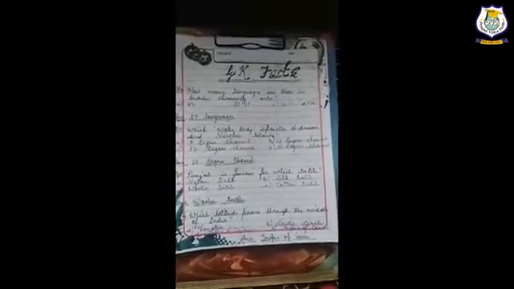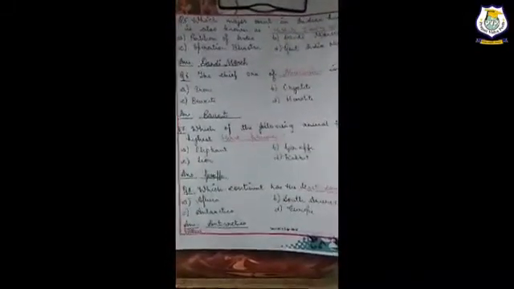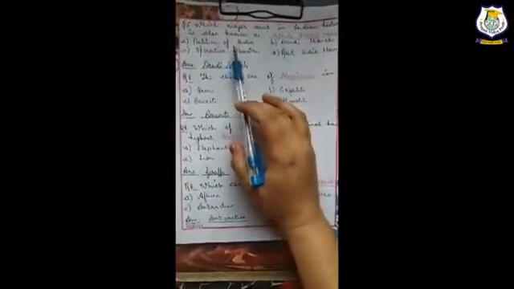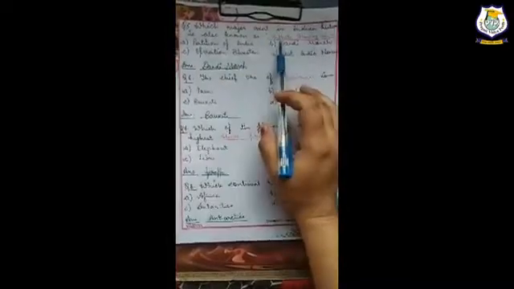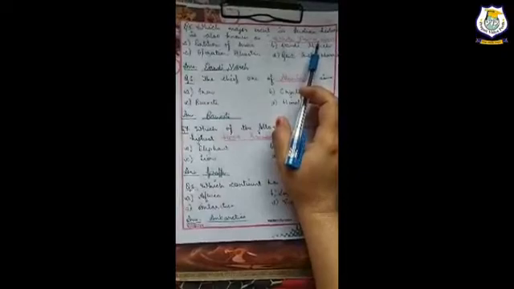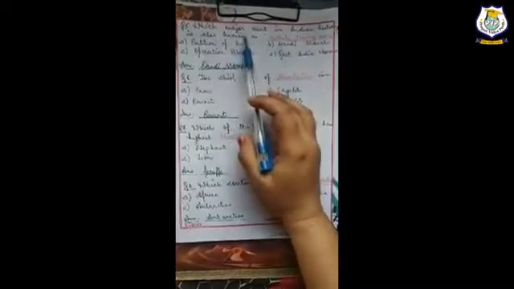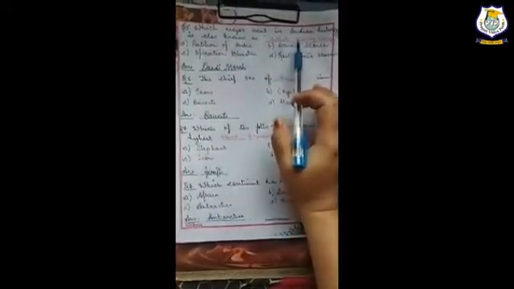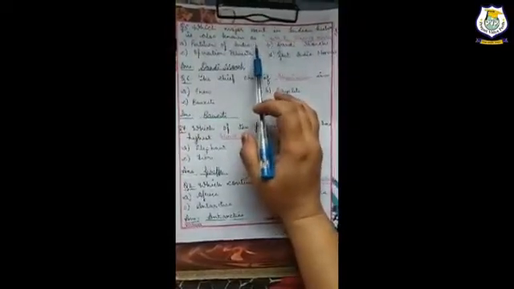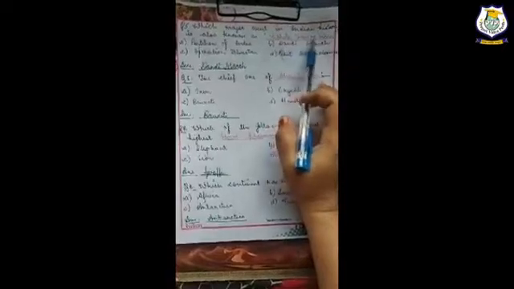Now we move to our next question, that is, which major event in Indian history is also known as White Flowing River? I repeat the question, students. Which major event in Indian history is also known as White Flowing River?